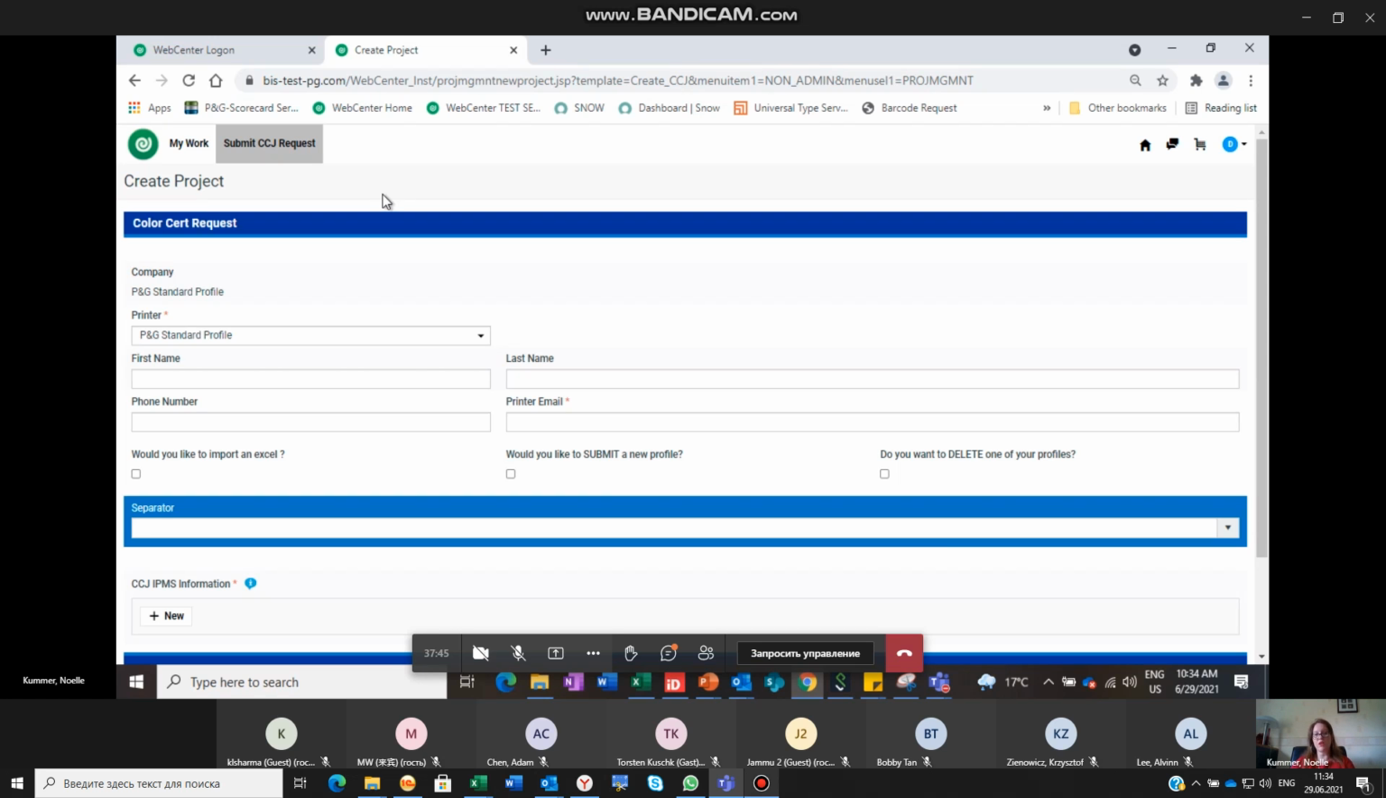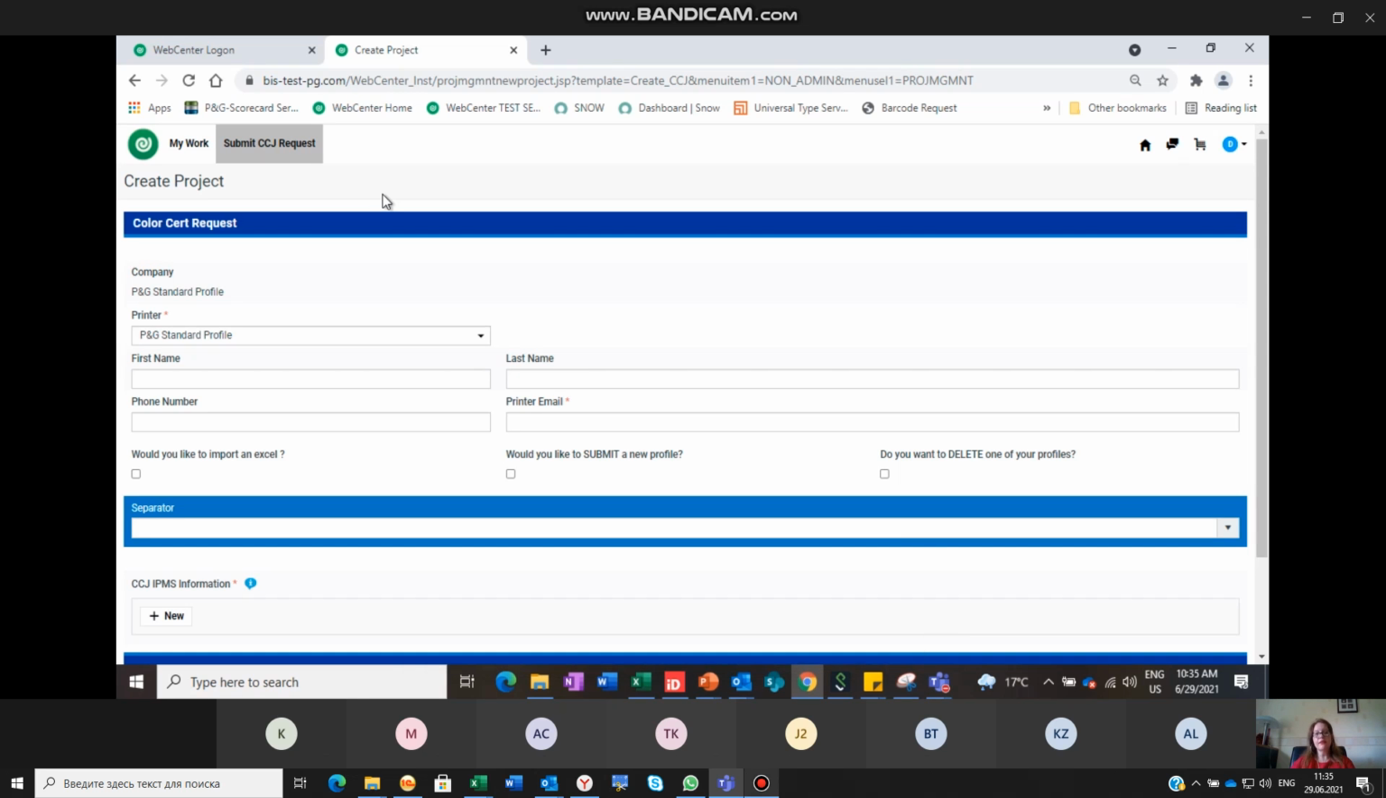Previously, you would be sharing any new profile with the PQP IANT via email. This will now be happening through Web Center. And to submit a new profile, still on the same page as we were before, you would, where it asks would you like to submit a new profile, tick this box